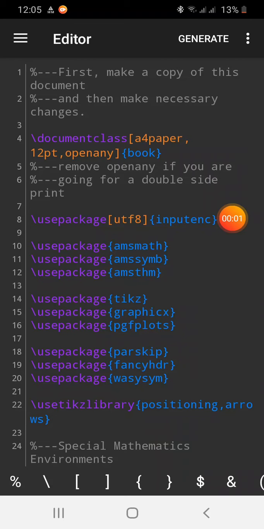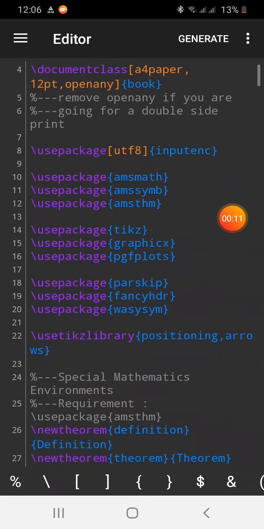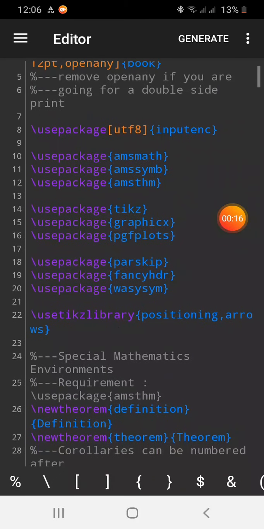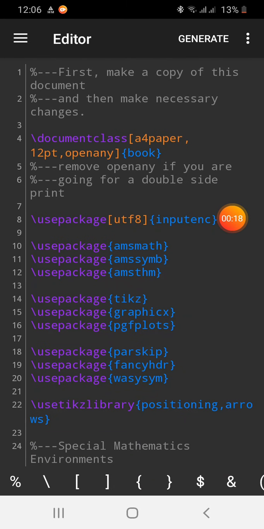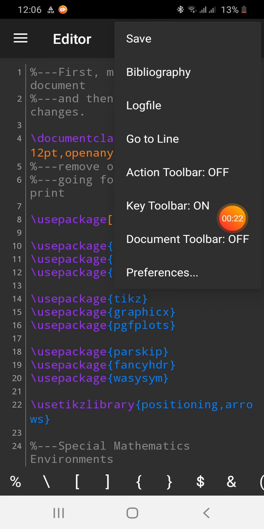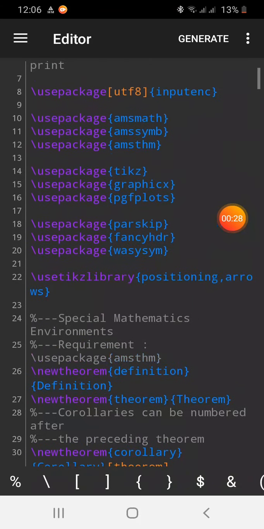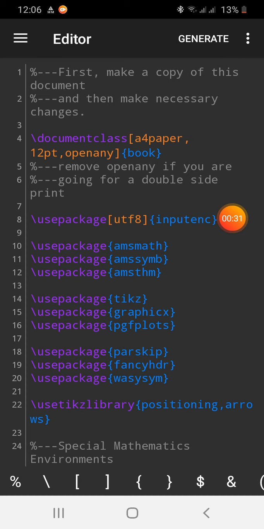Today we are going to learn about commands and comments in a LaTeX document, and we will see a few commands. So this is our document.tex file that we have seen in our earlier videos, and the key toolbar is turned on. Line numbers are on. You can see in preferences line numbers are on. And in this document you can see that in line number 4